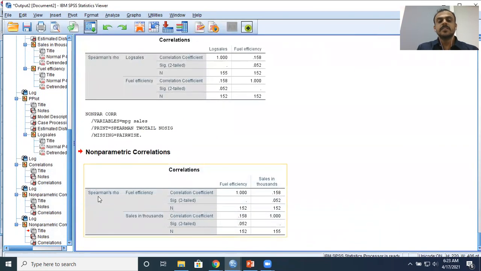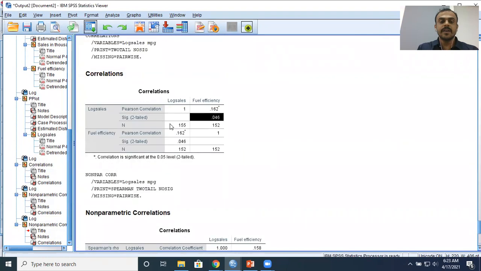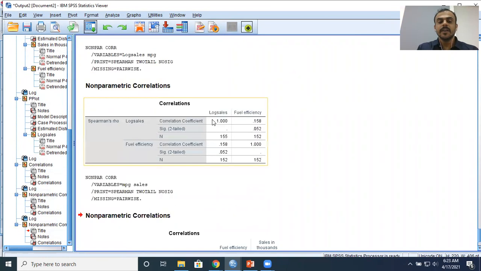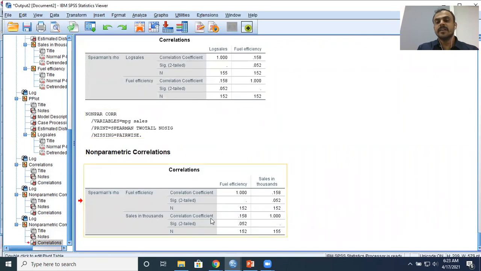So you can just see Spearman's rank correlation works like this, right? With Spearman's rank correlation, the notation here is not small r, it is rho. I repeat, when it comes to Pearson's correlation, you use the notation small r, as you saw earlier. When it comes to Spearman's rank correlation, the notation is rho. And you're able to see a positive correlation, 0.158.